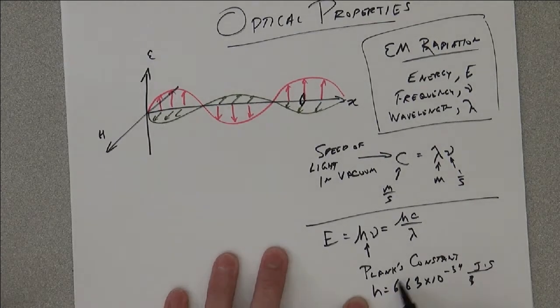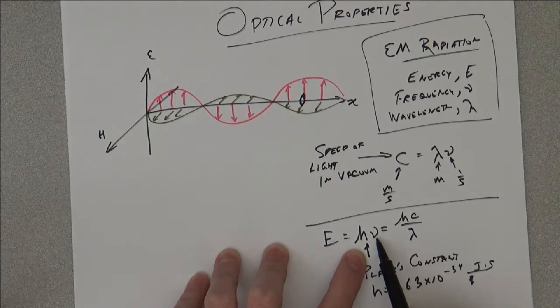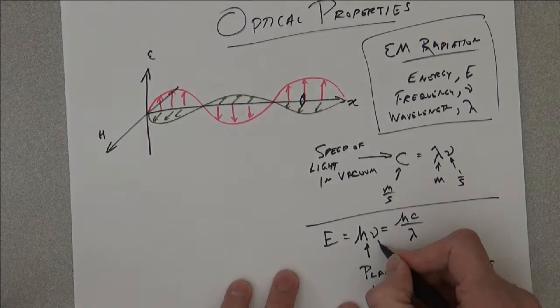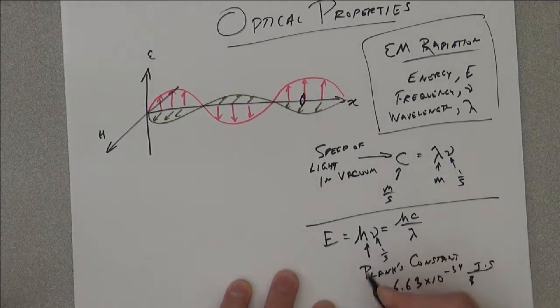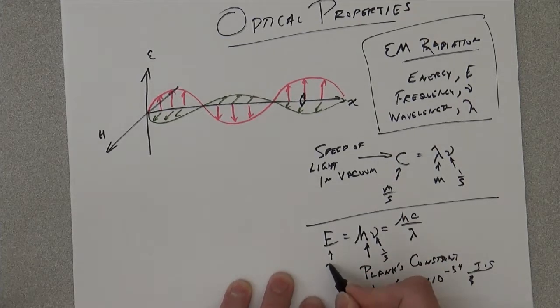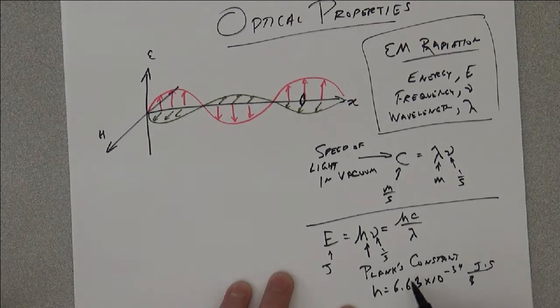And it has joules second because this is 1/second, and this is energy. So this Planck's constant